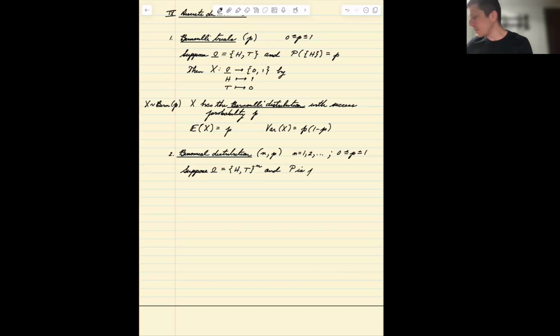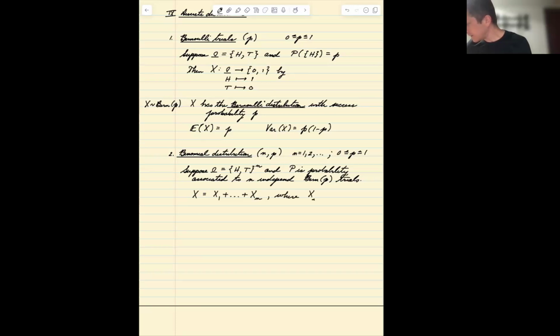And p is the probability associated to n independent Bernoulli trials with parameter p. And the random variable X is defined as X1 plus ... plus Xn,